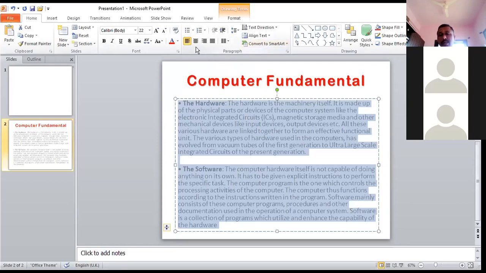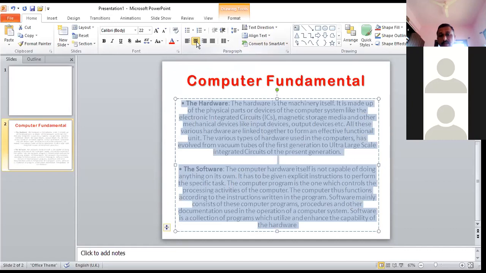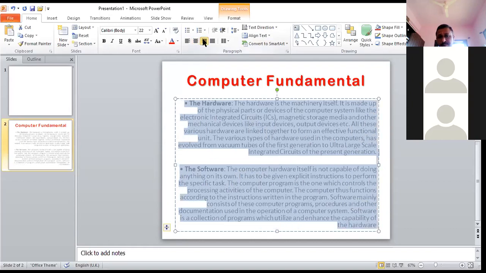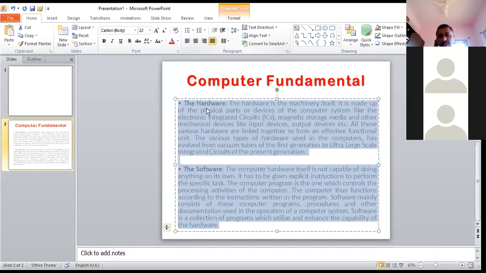Now I need to change some alignments. I can show you that. This is center alignment, how it can look there. If it's not okay, then you can go for the right side. If it is also not okay, then you can go for justify. It becomes parallel to both sides, and the text can be adjusted there. If it is okay for us, then we can keep the alignment as it is.